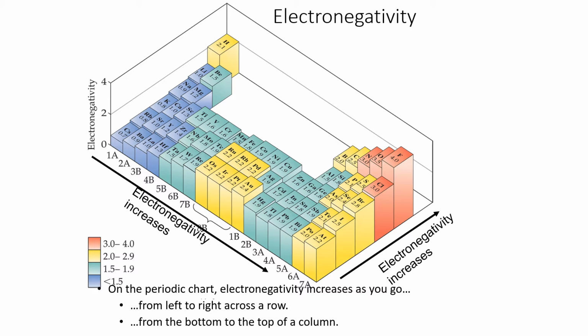For the rest, when you go up a group in the periodic table, electronegativity increases. And when you go from the left-hand side to the right-hand side, the electronegativity increases. Therefore, the highest electronegativity is observed in fluorine, and among these elements, the lowest electronegativity goes to cesium. Therefore, you can understand how electronegativity changes with periodic patterns.